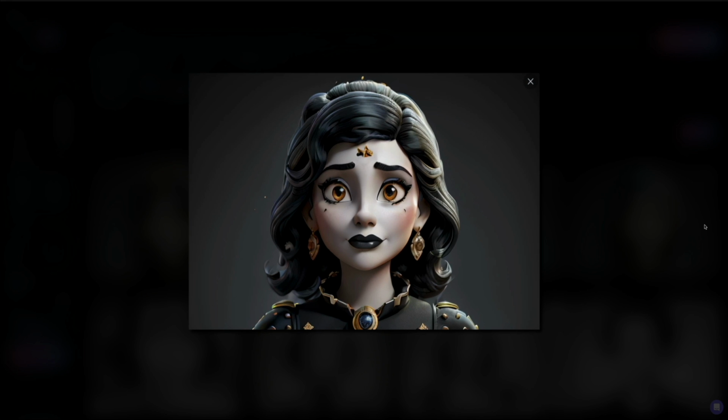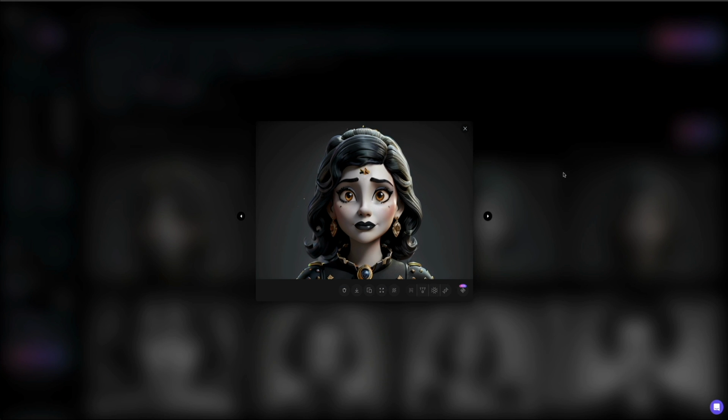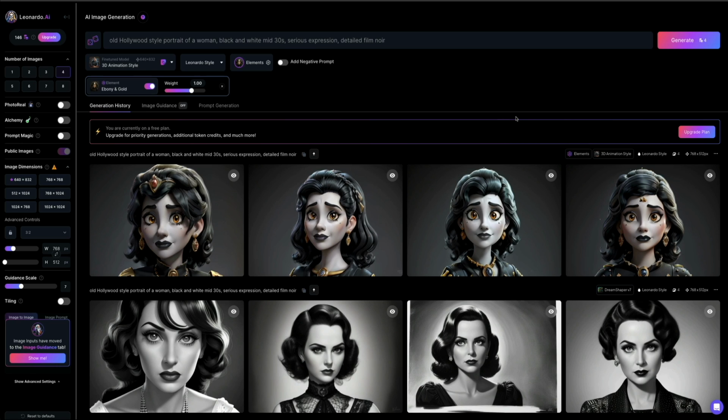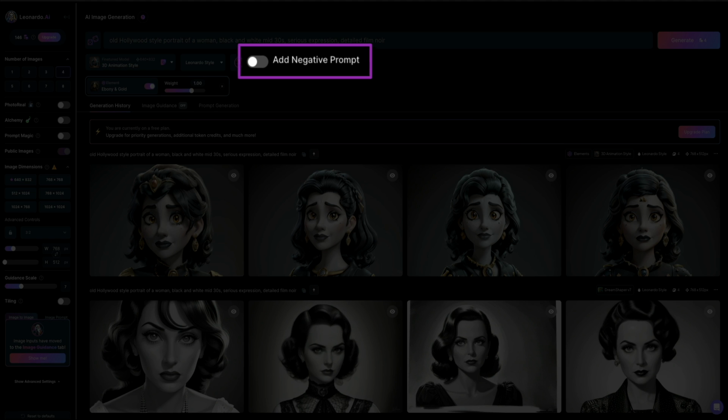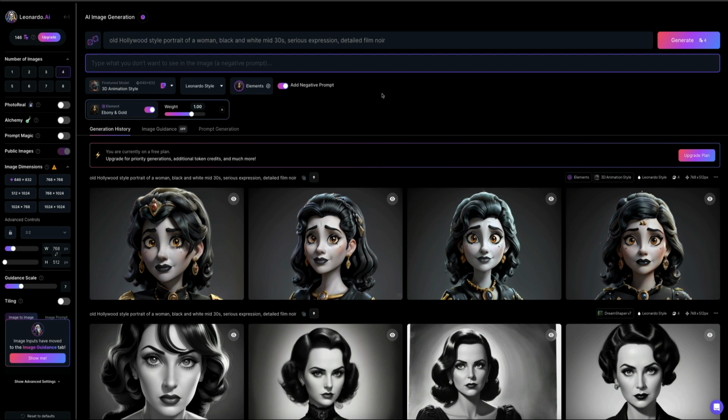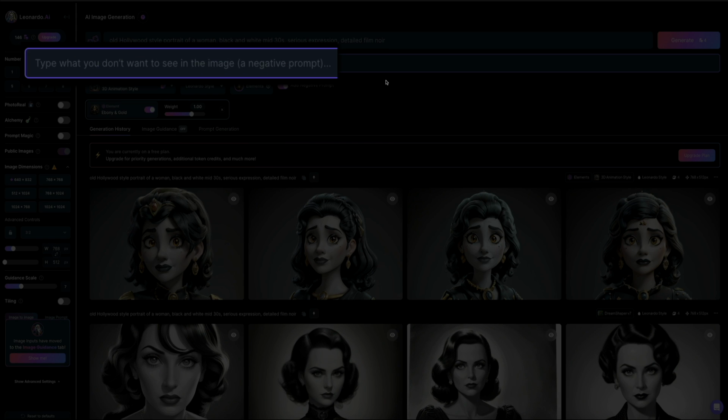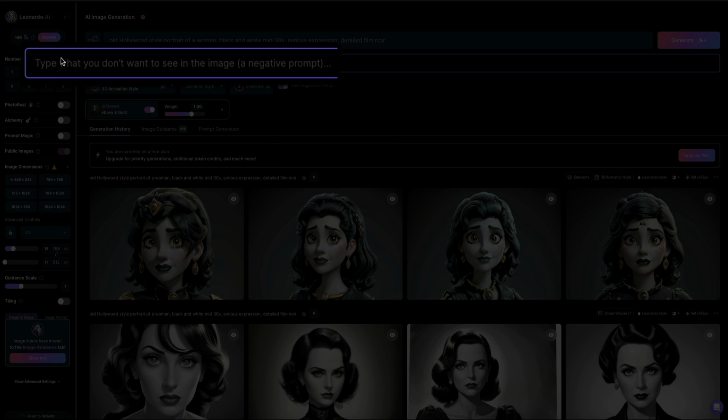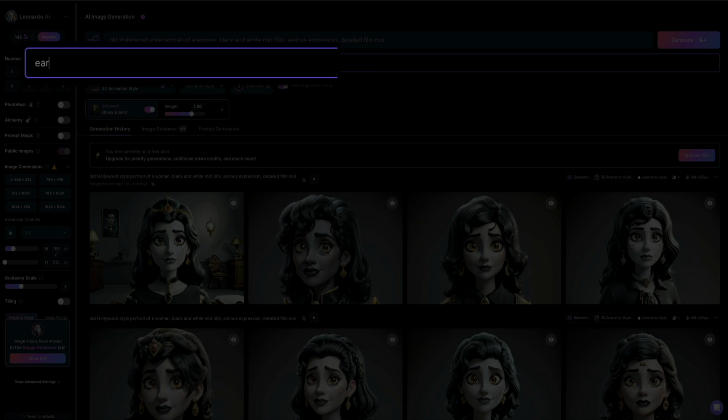And I'm really liking these results. The detail and quality are really nice for the free version of Leonardo. Now, let's say you don't want earrings in the photo. Well, that's when the Add Negative Prompt feature can come into play. Simply flip that switch on, and then in the field provided, type the keyword or keywords of the things you don't want to appear in your images. And for this example, let's say that we don't want her to wear any earrings. So I'll type the word earrings in that field,